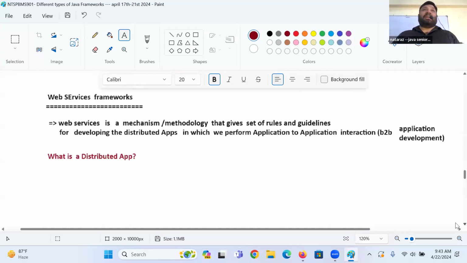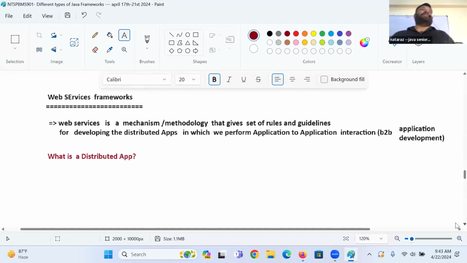So please be alert. The section of students not serious, please be alert. Okay, this knowledge should be there in your brain, should be registered in your brain for lifetime, because it is not going to leave you. If you forget this, you will never understand the importance of Spring Boot and microservices. Perfect.